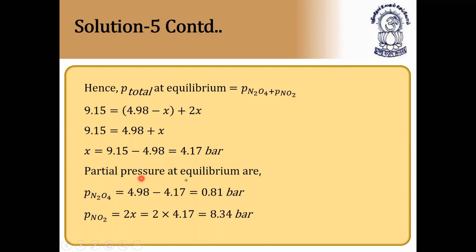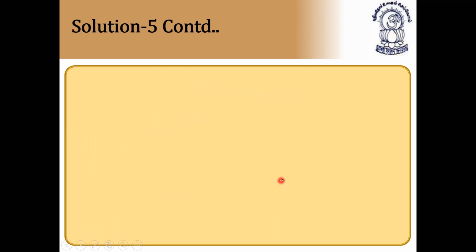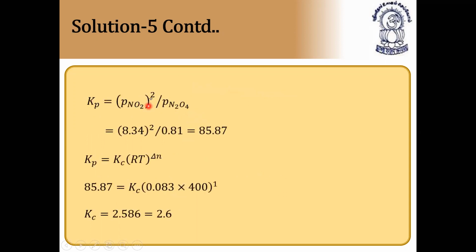So partial pressure at equilibrium is equal to 4.9 minus 4.17, that is 0.18 bars. And partial pressure of nitrogen dioxide is equal to, because this is a degree of dissociation, 2 times X, that is 2 into 4.17, that is 8.34 bars. By this we can find out Kp easily, because Kp is equal to partial pressure of nitrogen dioxide squared, because 2 moles of nitrogen dioxide, by partial pressure of N2O4. So 8.34 square by 0.81, it is equal to